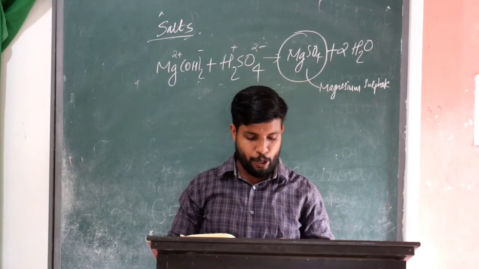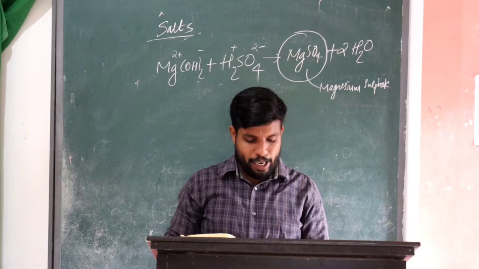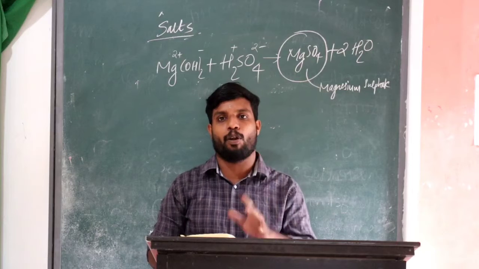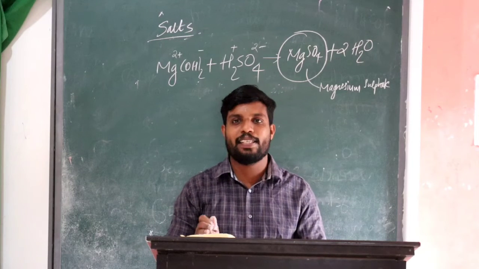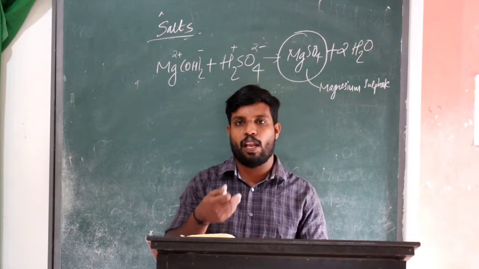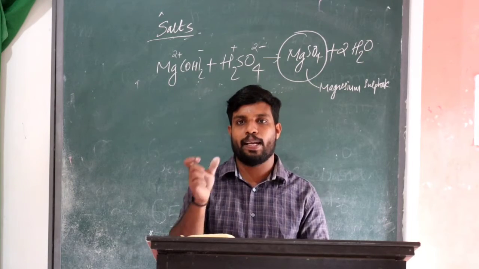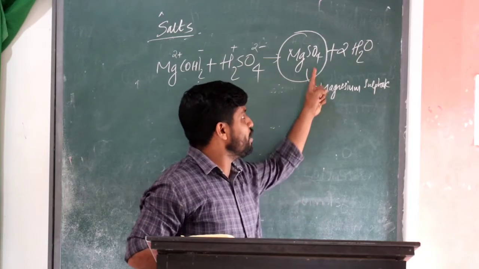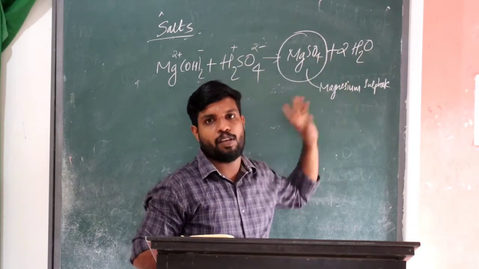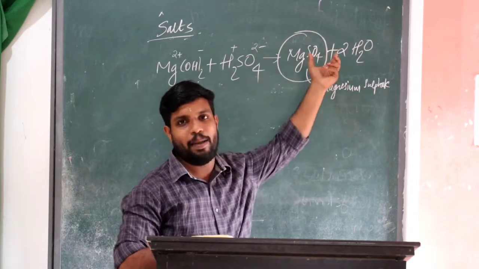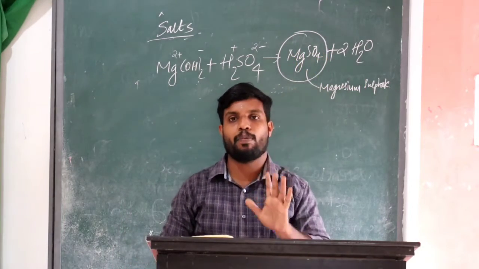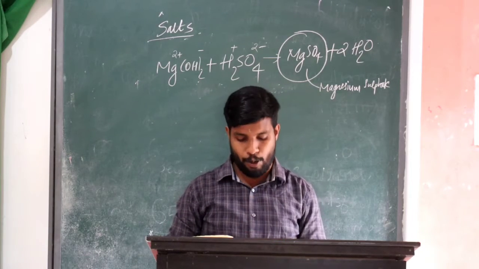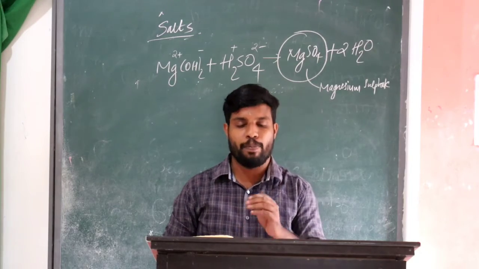So there is a table given in your textbook. Magnesium chloride is given and we can find which acid and alkali were used. For magnesium chloride the acid used is HCl, hydrochloric acid. The last term of a salt's name implies the acid, so we can find it from there. For magnesium sulfate we use sulfuric acid, and magnesium hydroxide is the alkali. For magnesium chloride the acid is HCl, hydrochloric acid, and the alkali is magnesium hydroxide.